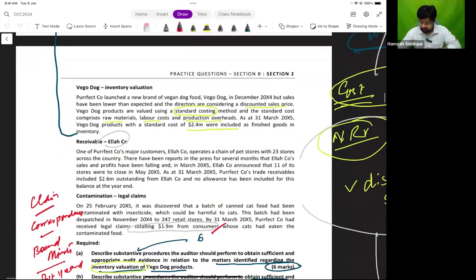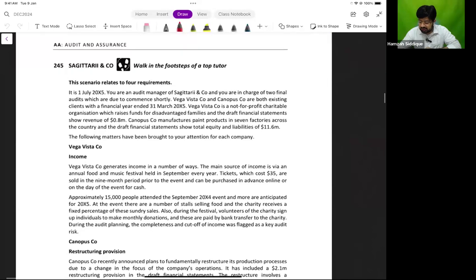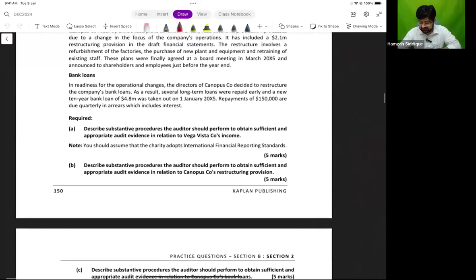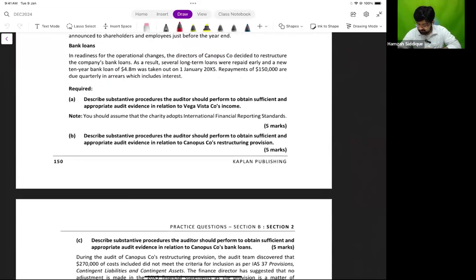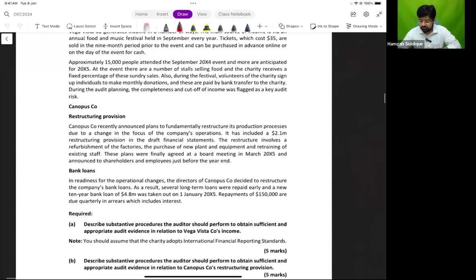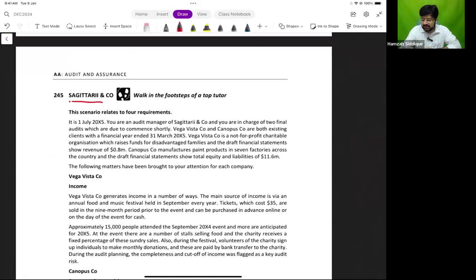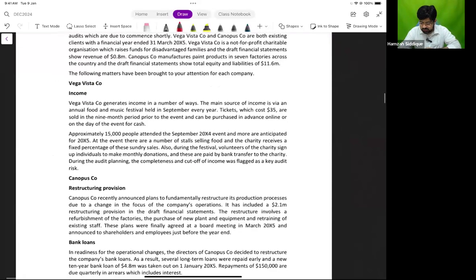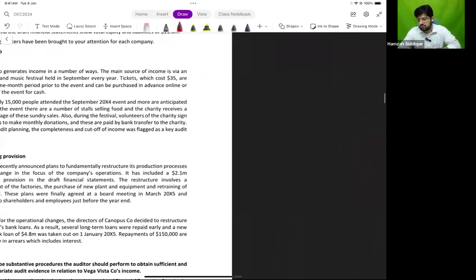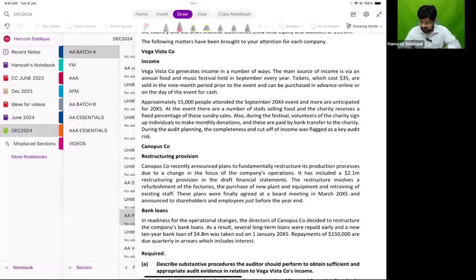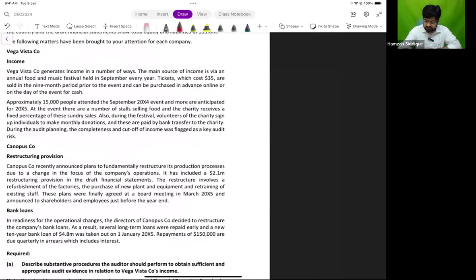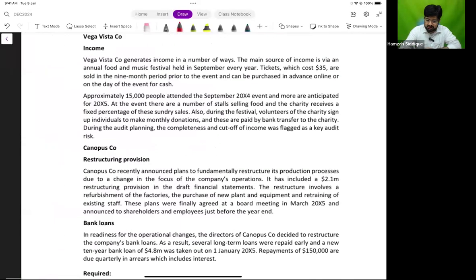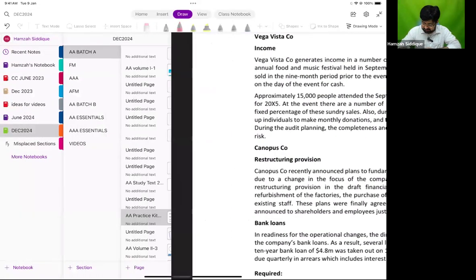Now, the point is, there are so many questions like this. For example, here is the question, the Sagittari company past paper question. And I told you in the last class that